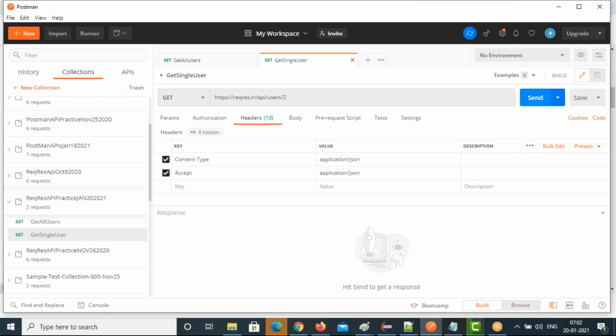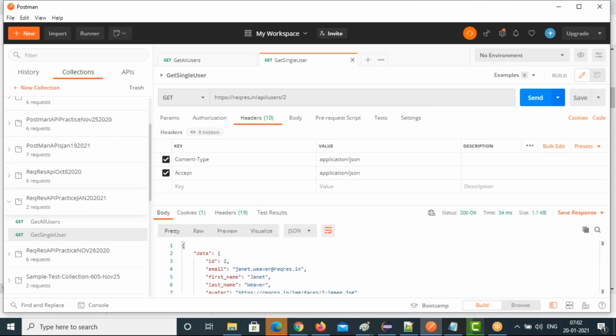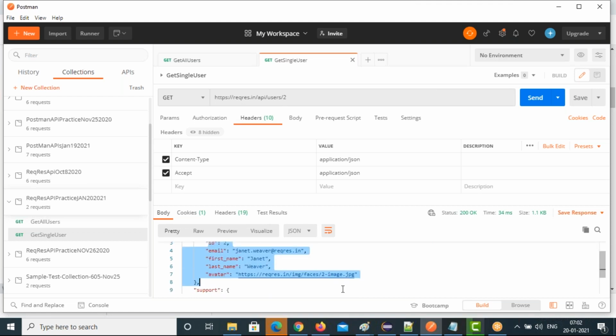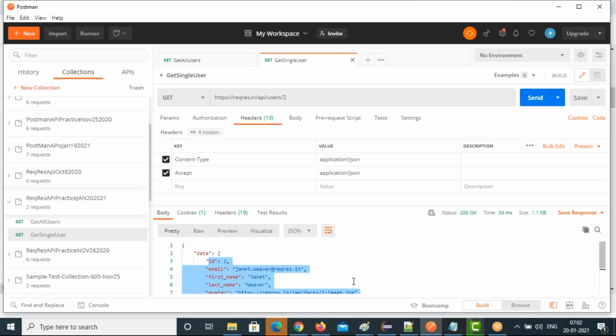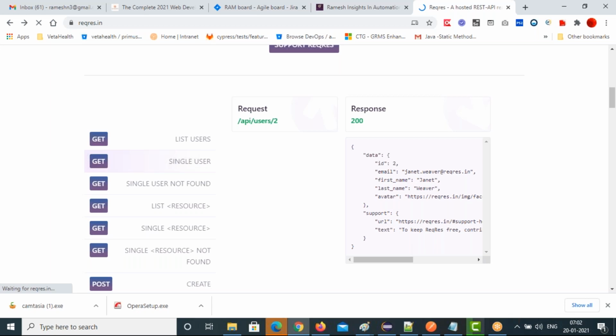See that only that user's details you will get. The request is the server URL, slash api slash users, and slash 2. Only the data related to that user ID you will get, not anything else. That's a 200 OK. Whichever user you give, only that user's details will come. That's getting a single user.